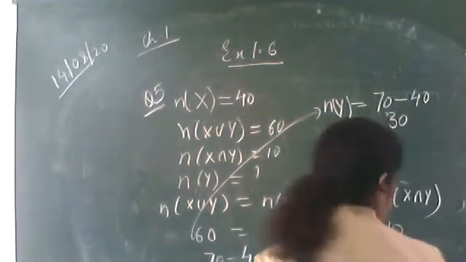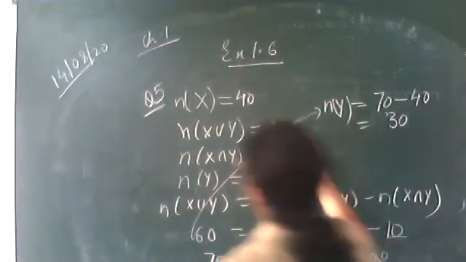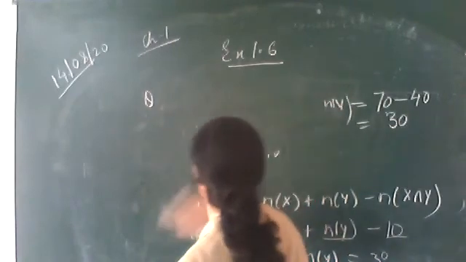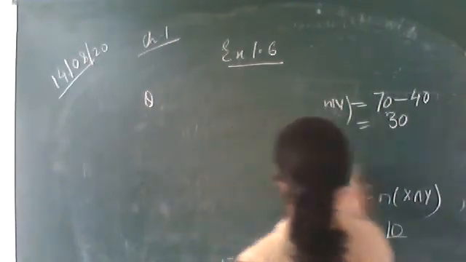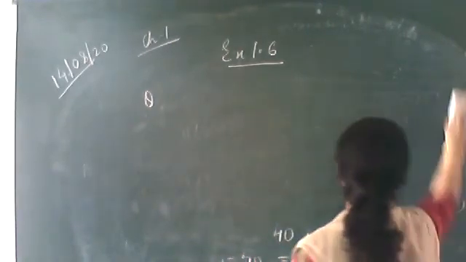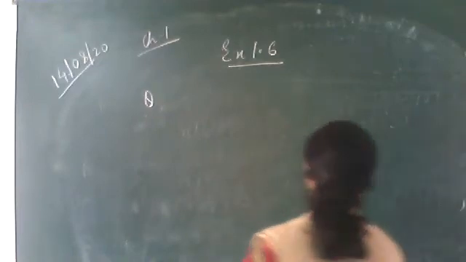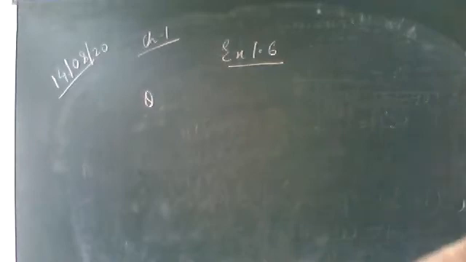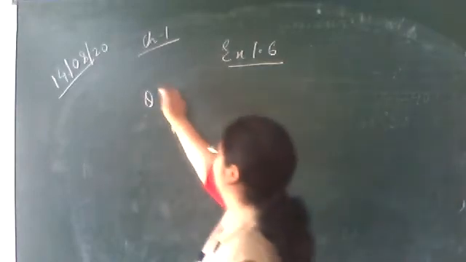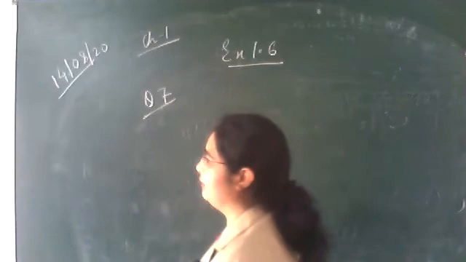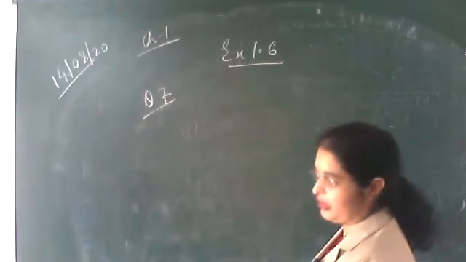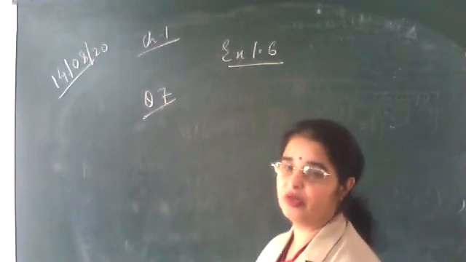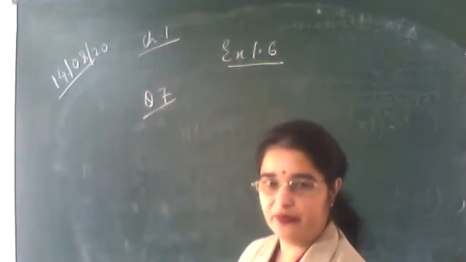Next part is question number 7. Now your question number 7 is based on subtraction of sets. Then also we will do it. Only one question is there. There is no problem. Clear? If you want, you can do it. If you don't want, leave it. But I will explain question number 7. This will not come in your exam because this is based on subtraction of sets. Otherwise, you can use a Venn diagram. I'll explain it with a Venn diagram also. It is a very easy question. There is nothing difficult in it.